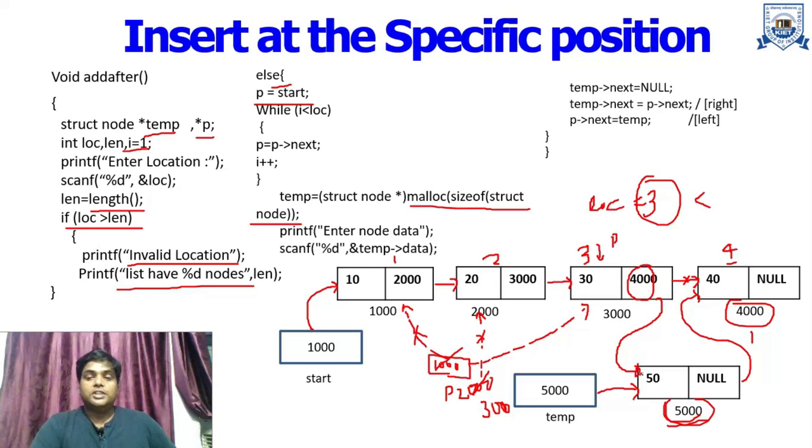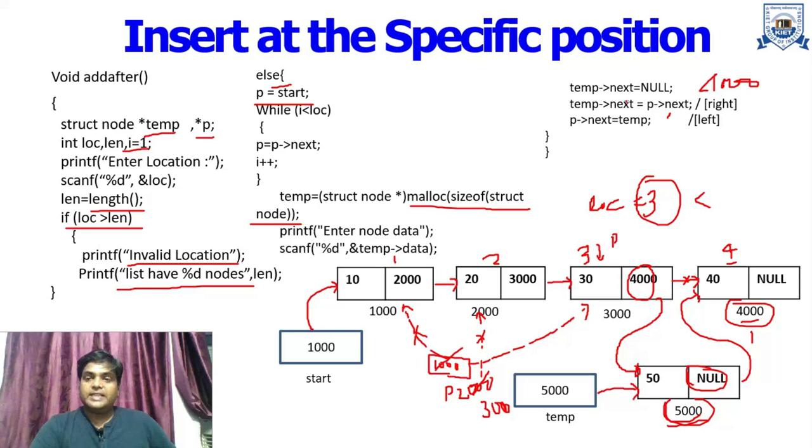Okay, so for this connection, what do we do? The right connection means this field must contain the address of this node, that is 4000. 4000 is what? Actually P is currently pointing to this particular node, so P2 next is 4000. And where do we have to move this P2 next? To this particular location, which is identified via temp. So temp to next value will be replaced by P2 next. P2 next is 4000.